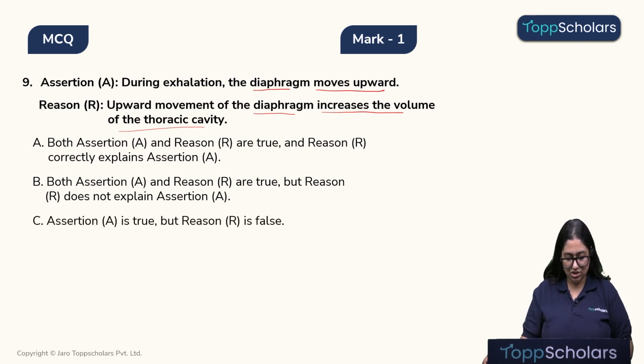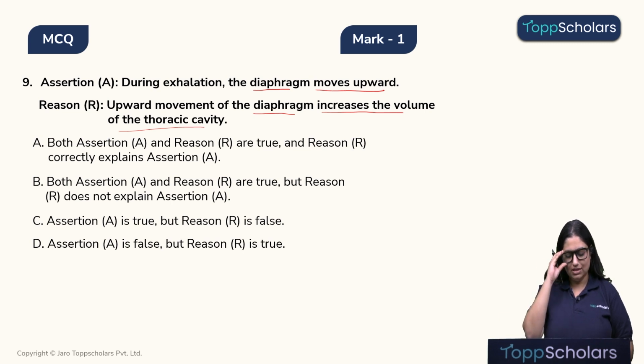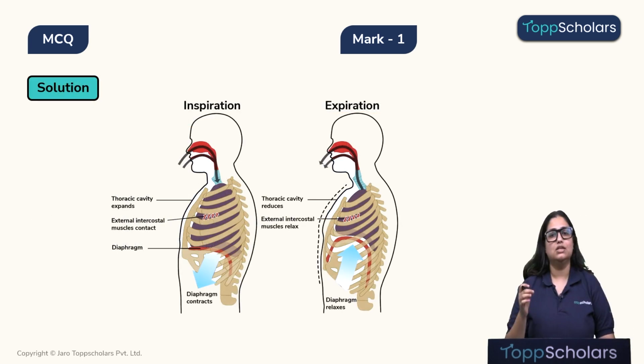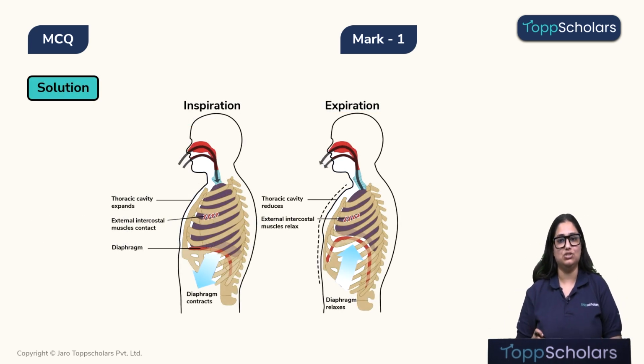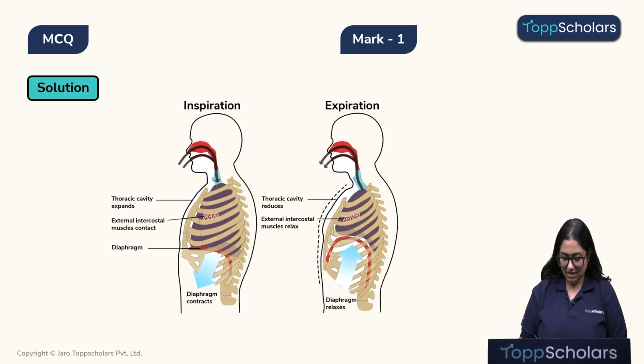Option C, assertion is true, but reason is false. Option D, assertion is false, but reason is true. So let's solve it. Children, during expiration, the thoracic volume, as you can see over here, reduces, and the reason for that is